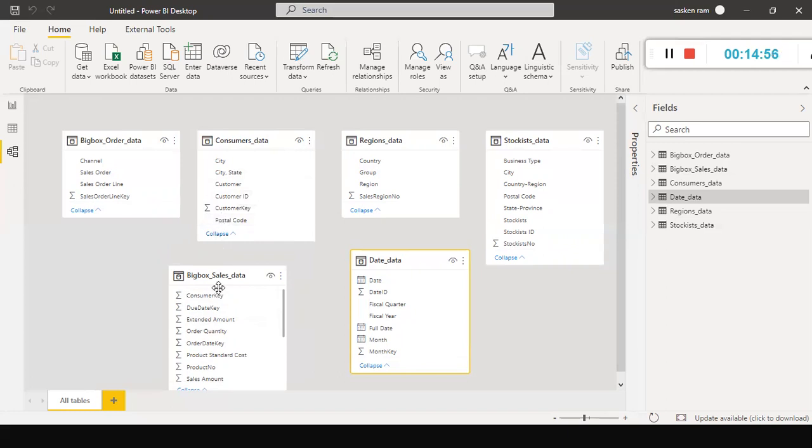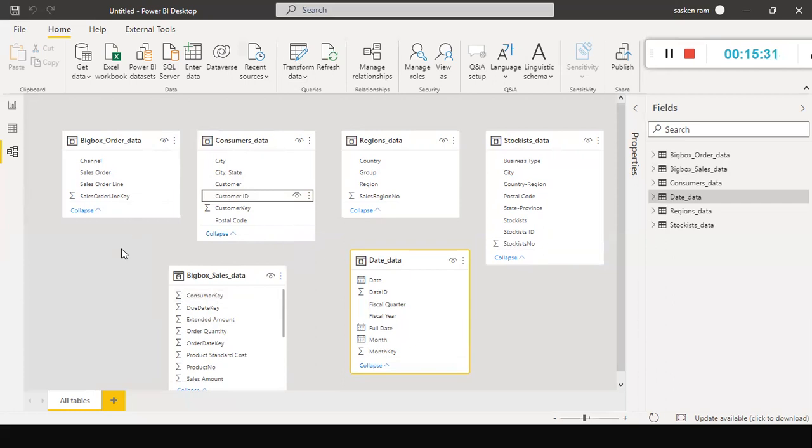Okay, so in my case, I just checked and they said, no, you can use customer ID. Customer ID and consumer key, both of them are same here. But I got confused with customer key. My business people told me to use the customer ID to join with this table's consumer key. What I do is, I have another option. See, one option is I can directly drag and drop here to create the relationship. Let's wait for some time.